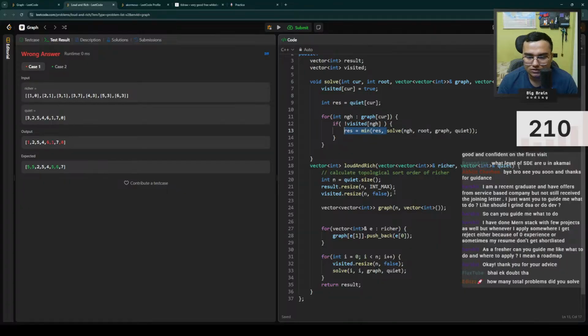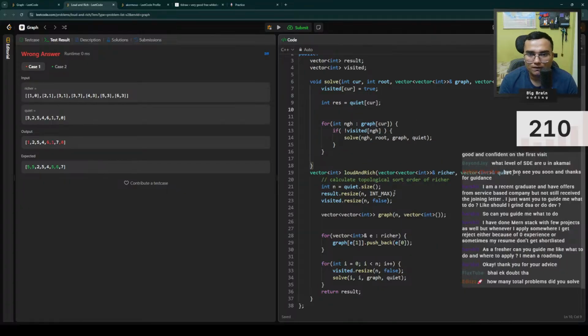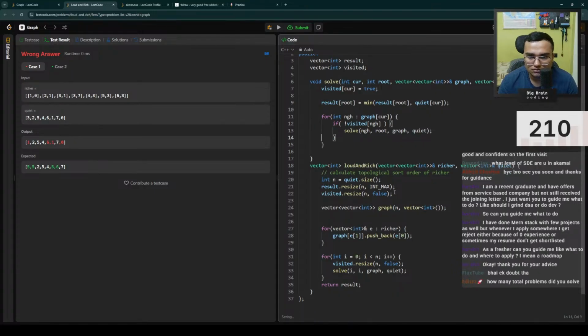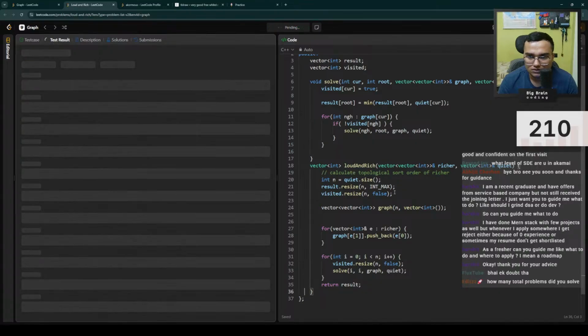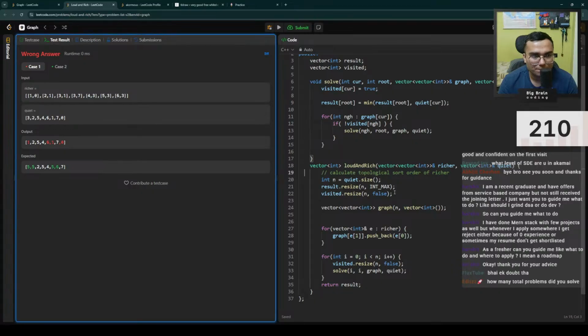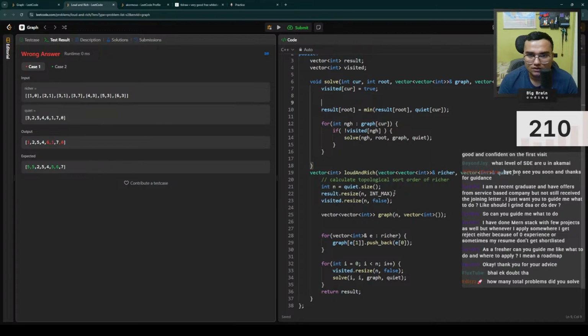Root. No need to call this. Result of root equals minimum of result root and quiet of current. Okay? No need to do this. Okay, sorry. If quiet of current is less than result of root,